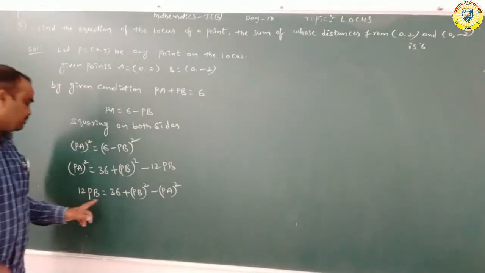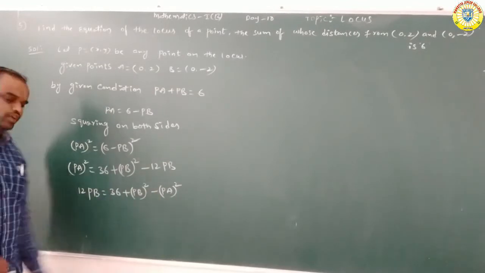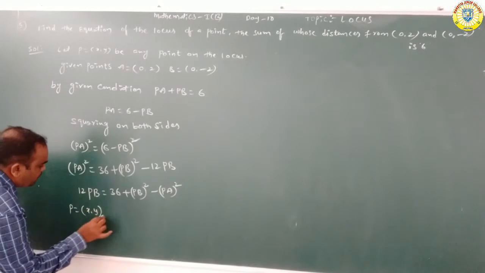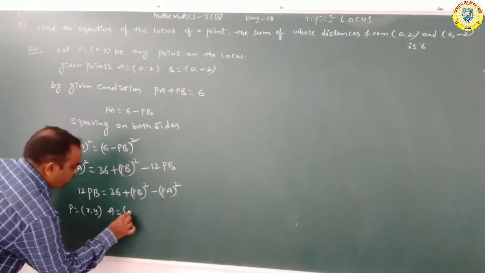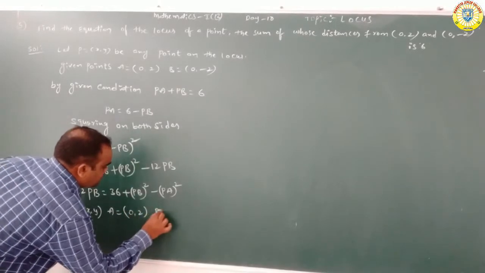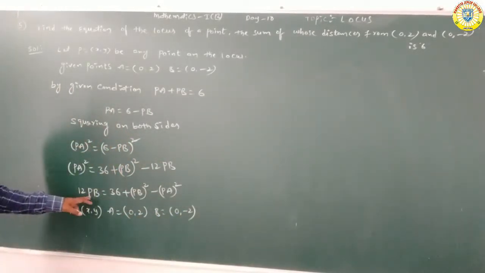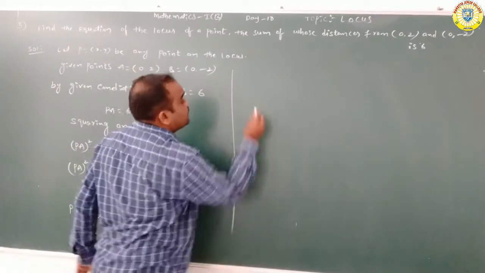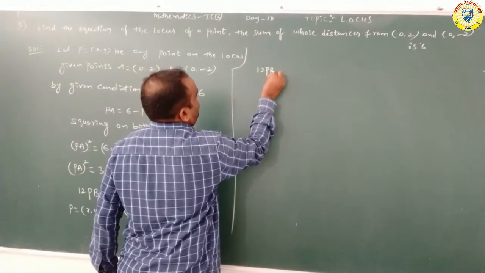Here 12 PB = 36 + PB squared - PA squared. So we know that P = (x, y), A = (0, 2), B = (0, -2). We are not substituting for this one, since there is no square on it. That's why we write 12 PB as it is. Okay now? Here we are writing 12 PB =